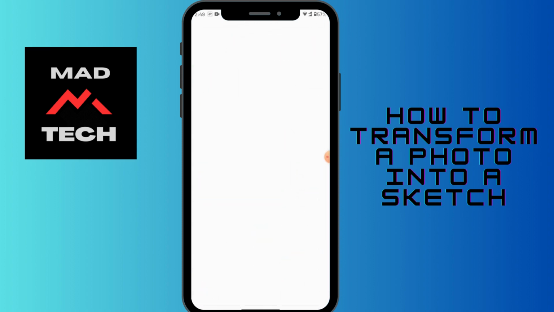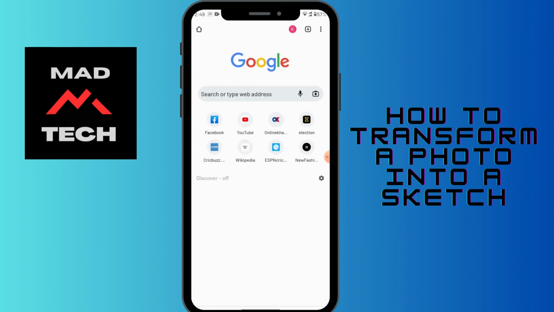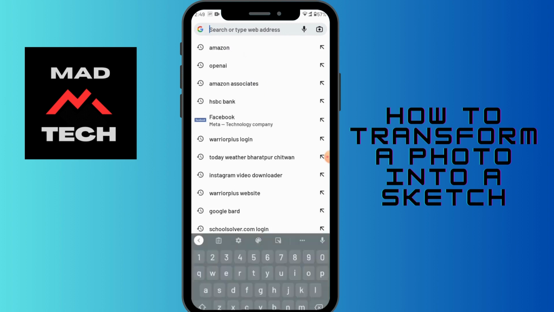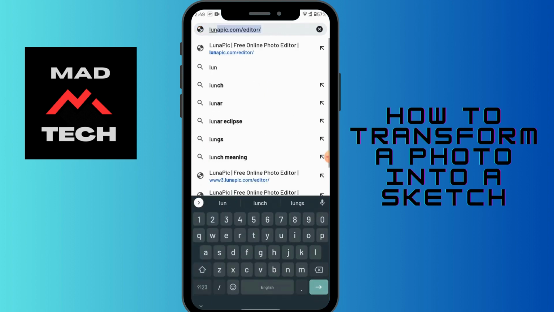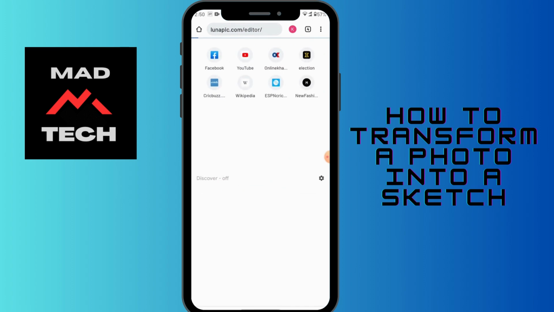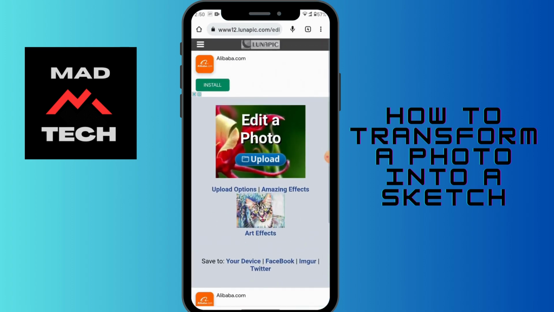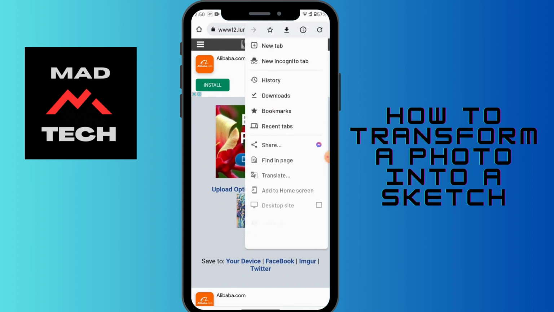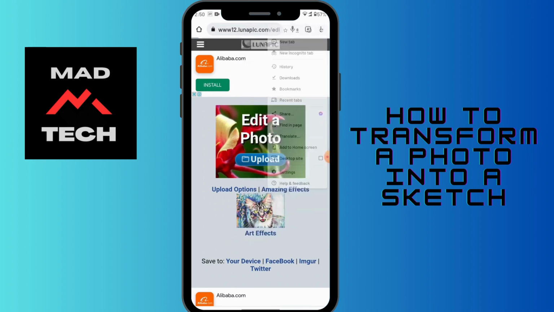open up your Chrome browser, any browser that you're comfortable with, and on the search bar search for Luna Pic and then tap on that. And here after that, on the upper right corner you will have the three dots icon. Tap on those three dots and then go for desktop site,